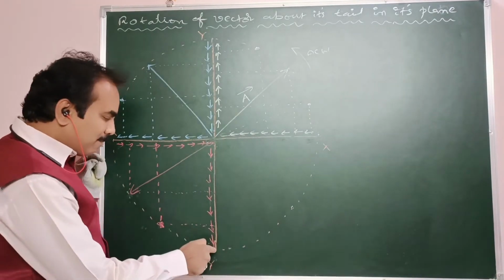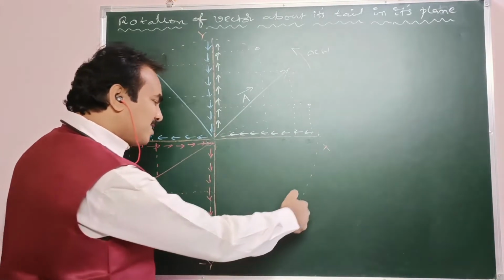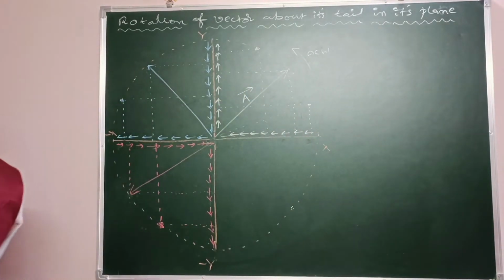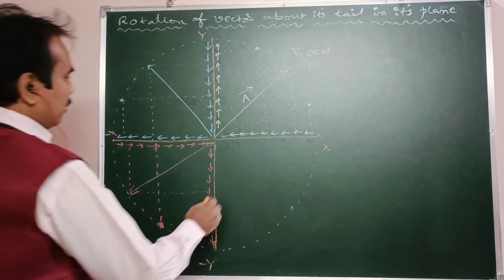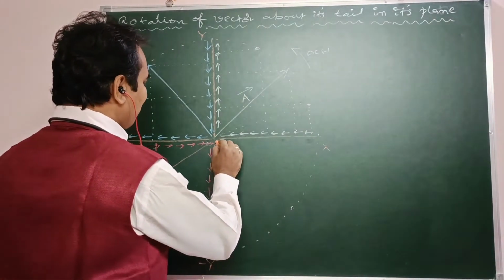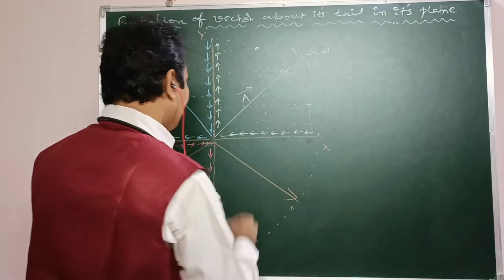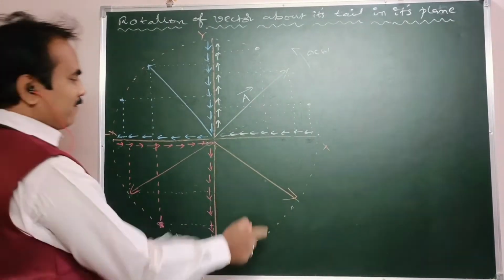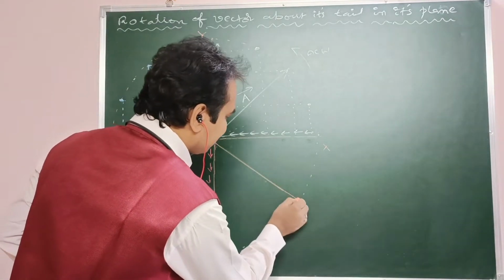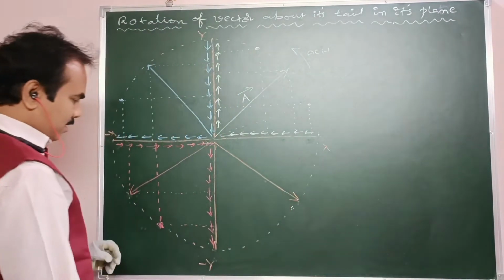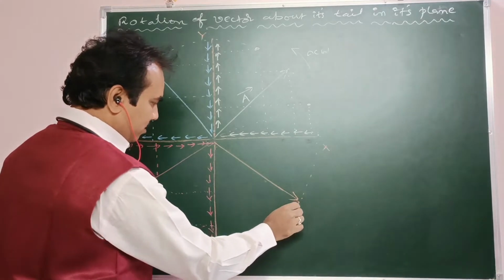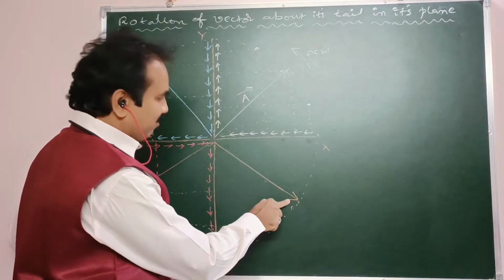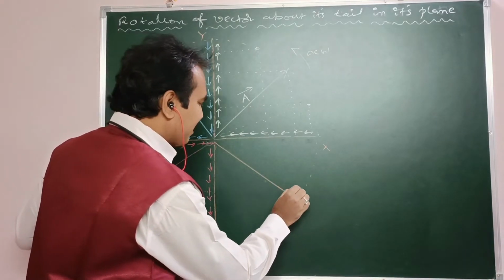Now from this position, the vector enters the fourth quadrant, for example, somewhere here. This is the vector as an example. This is the given vector. It enters and reaches somewhere here, to this position. Now draw two normals from the tip of the vector. One is onto the x axis line.